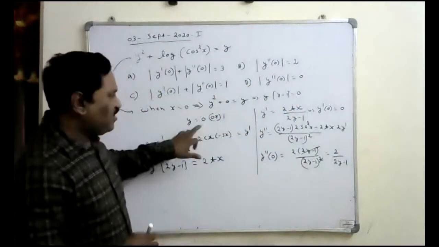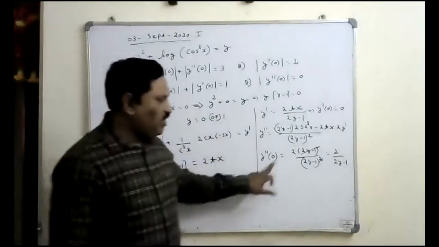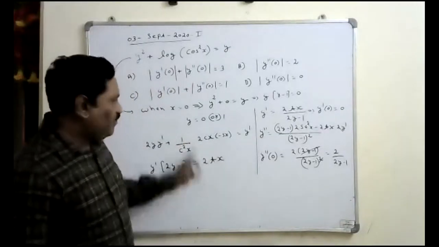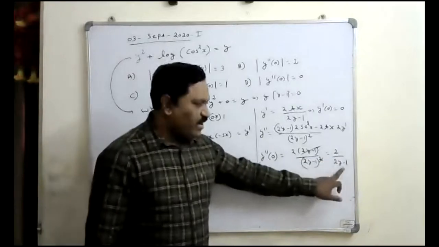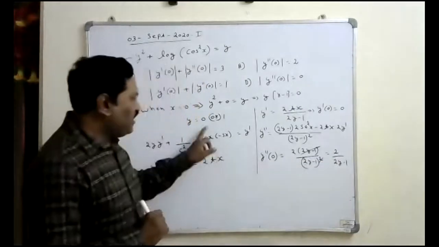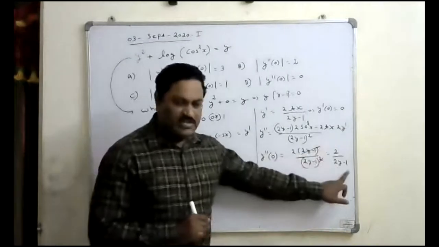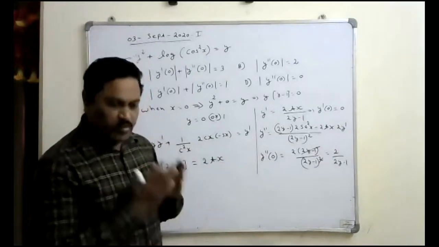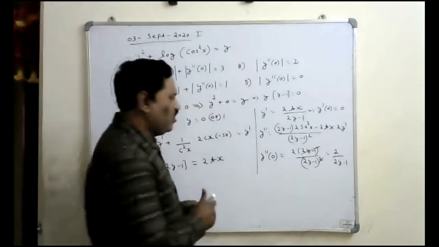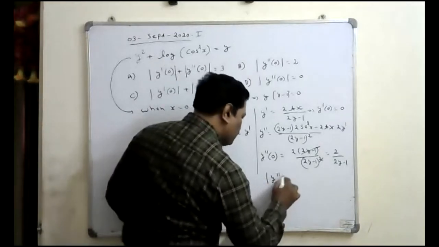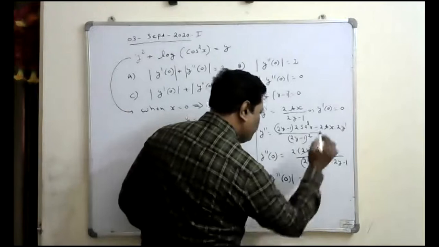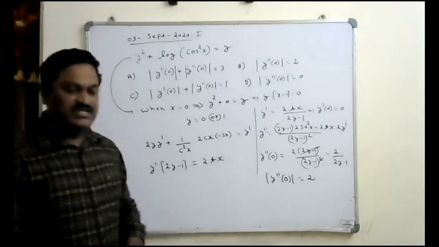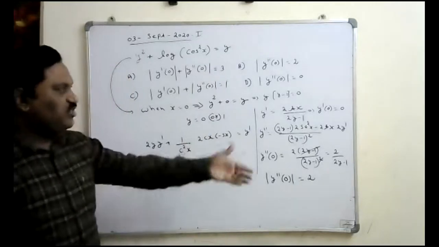Okay. Now, because I got y double dash of 0 in terms of y, and for y I got two values, which one can you take? If y is 0, then it is 2 by minus 1, we are getting minus 2. If y is equal to 1, that is 2 by 2 minus 1, that is plus 2. When y is 0 it is minus 2, when y is 1 it is plus 2. That's why they have given a modulus here. So the modulus of y double dash of 0, if I consider, is giving 2. Whatever value you take, 0 or 1, the modulus is 2 only. That's why y double dash of 0 is 2.